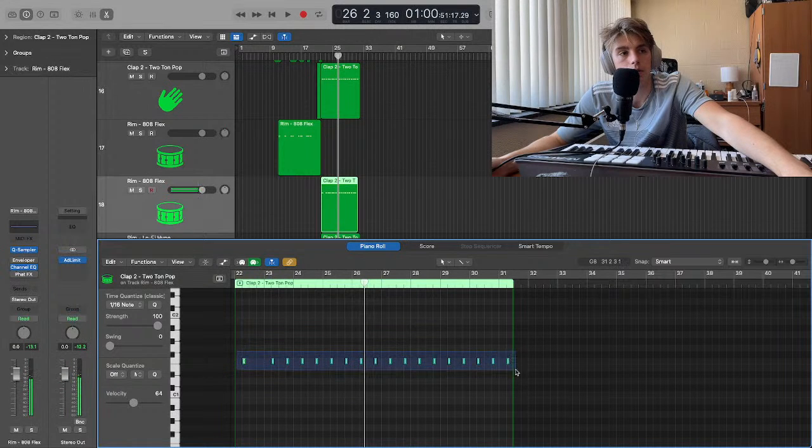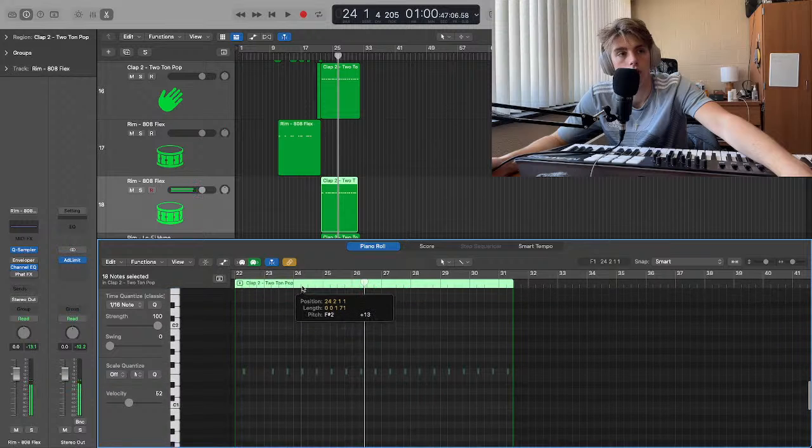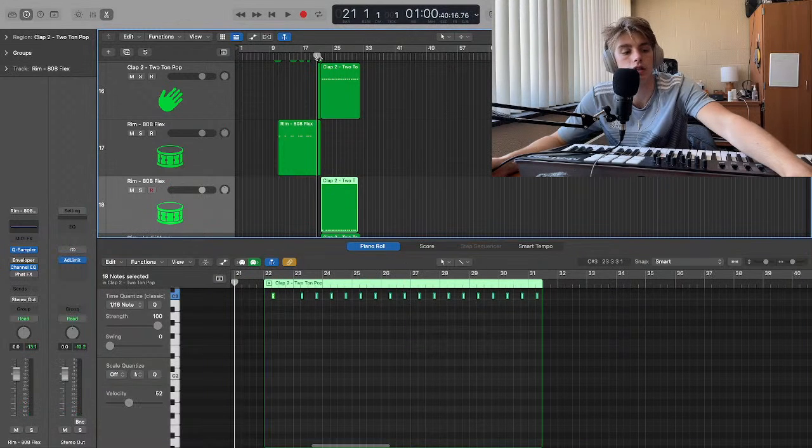We're going to raise them up because they're too low. Wonder, is that too high? I wonder. Let's just see how that sounds.